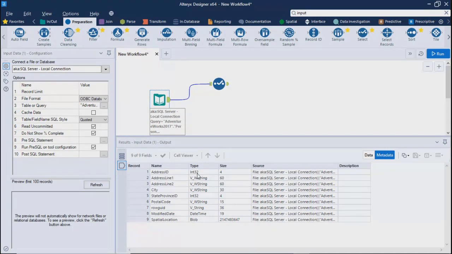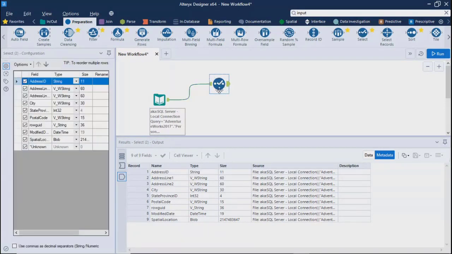Now let's say you are getting 10 fields or 9 fields from your source data, but as you go in the data transformation process, you don't need all the fields. Let's say you need only 5 fields. So for that, you can use the select tool. This is the select tool which I have dragged. In the select tool, whichever fields you select, only these will go. Other fields will not pass through.